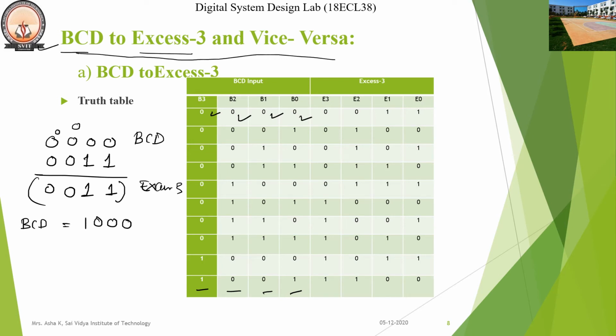Similarly, if I consider a BCD number, say for example 1000, by addition of a constant 0011 produces the XS3 output, that is 1011. Say here after performing the addition of the constant value 3 to the BCD values, we are going to obtain the XS3 code. Let us tabulate all the values and record these values in the truth table.